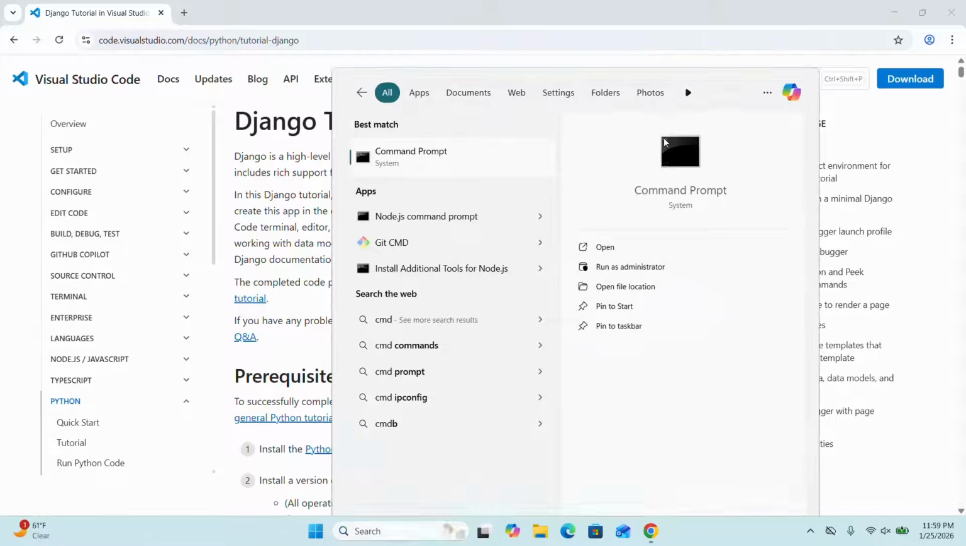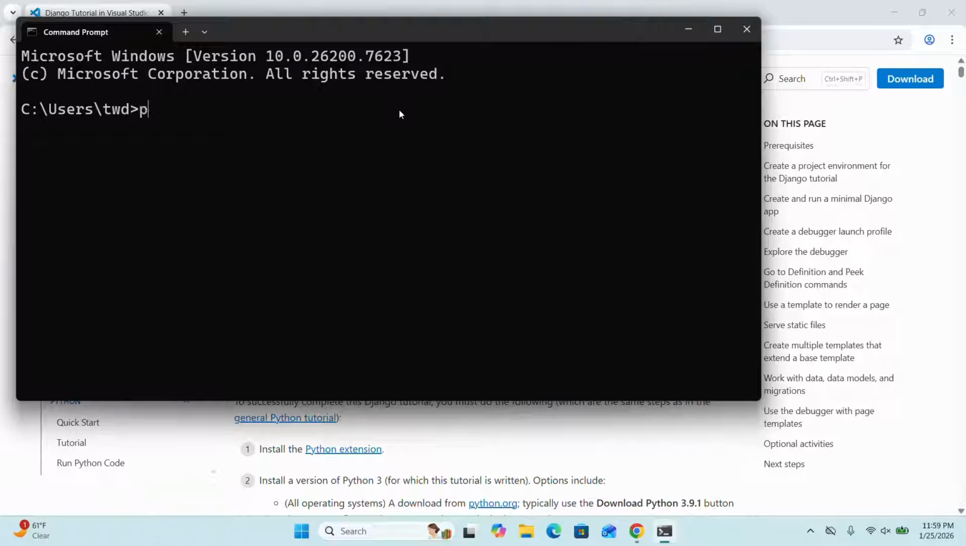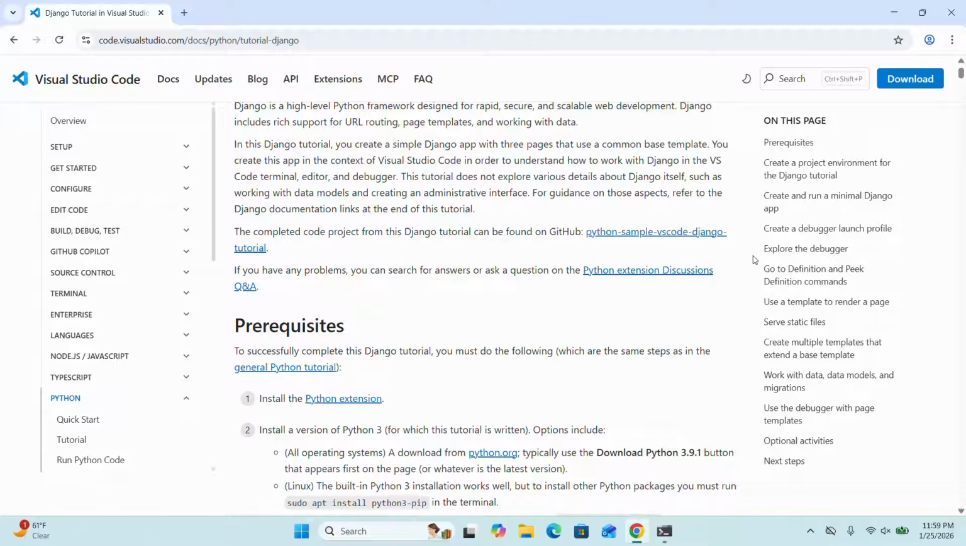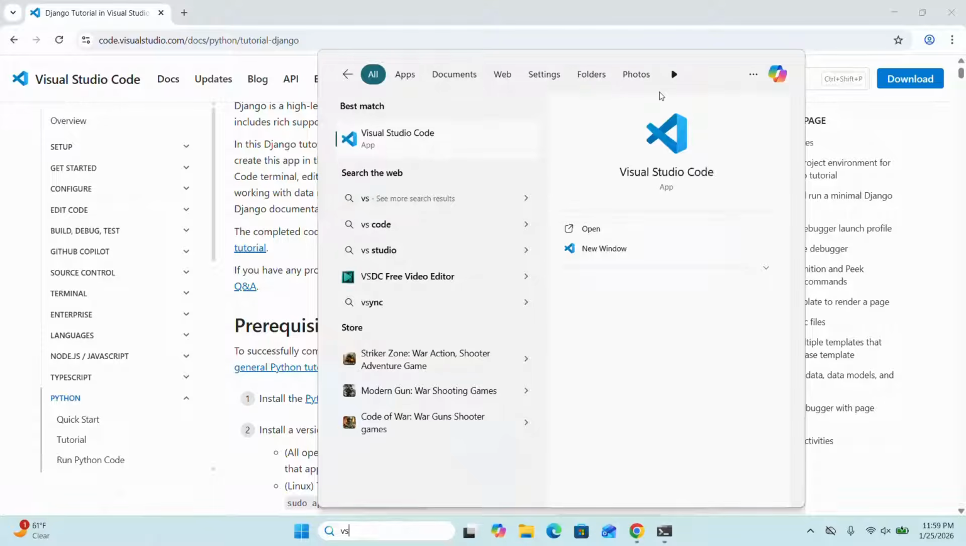Verify whether you have already installed Python on your system using this command. I already have Python 3.14.2 installed. This is the latest version of Python right now. Okay. And then make sure that you have installed Visual Studio Code and then open Visual Studio Code